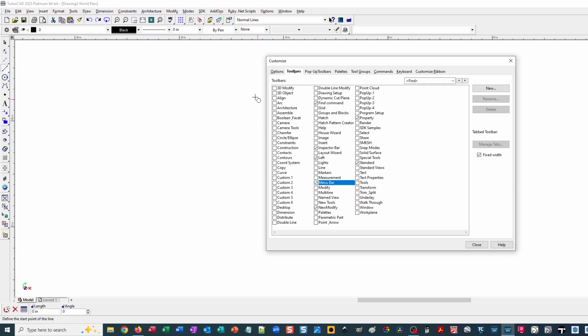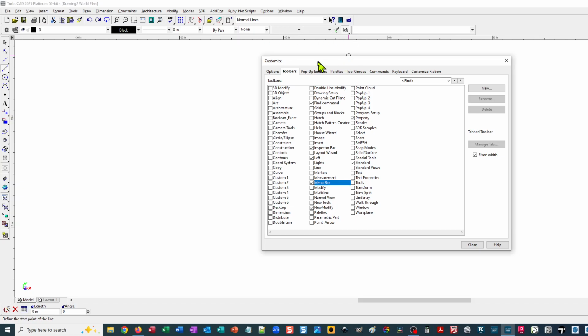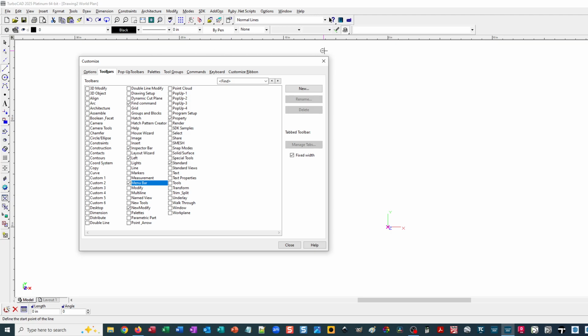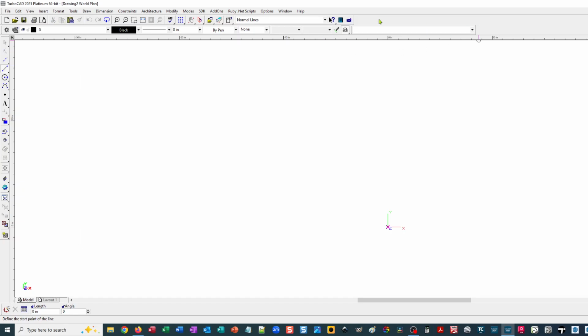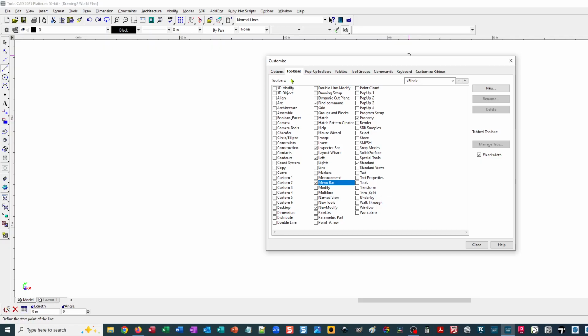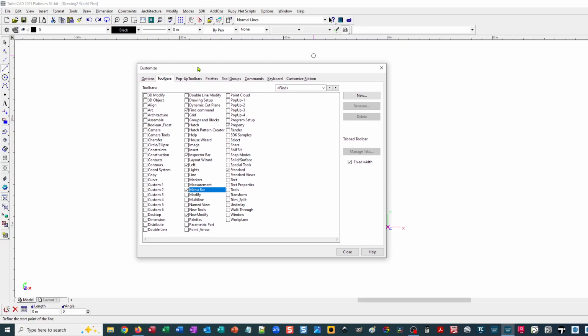If for some reason a toolbar does not appear on the screen that you are needing to use and you're wondering where the heck did it go, one of the ways you can check is that it's always possible it may not even be displayed on the screen. And by right-clicking in this open space, I can check to see if the toolbar I'm needing to use is displayed. For example, this toolbar here that has New file,